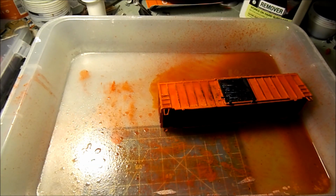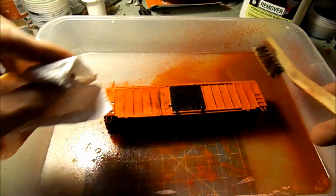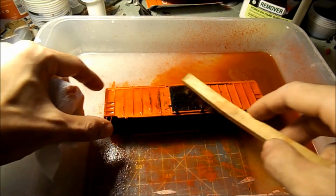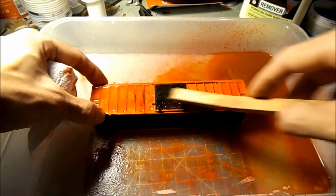Alright, it's been soaking for about an hour now. It's a little after 2. So let's see if this paint comes off any easier after sitting for an hour. Well, technically an hour and a half now, right? There actually is black paint on the door too. I know it doesn't seem like it, but